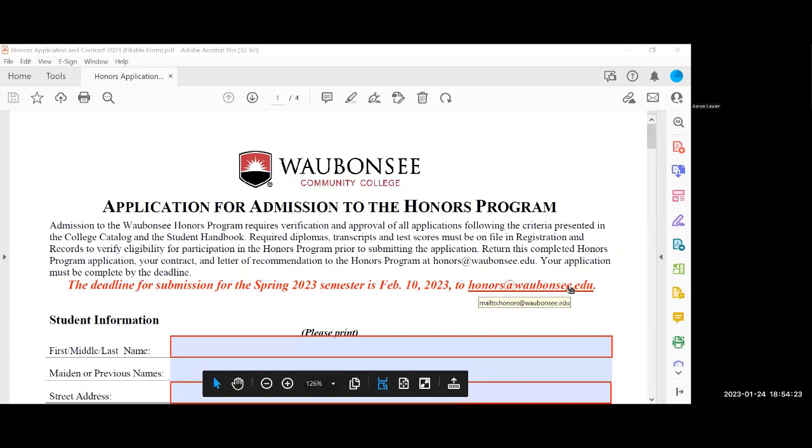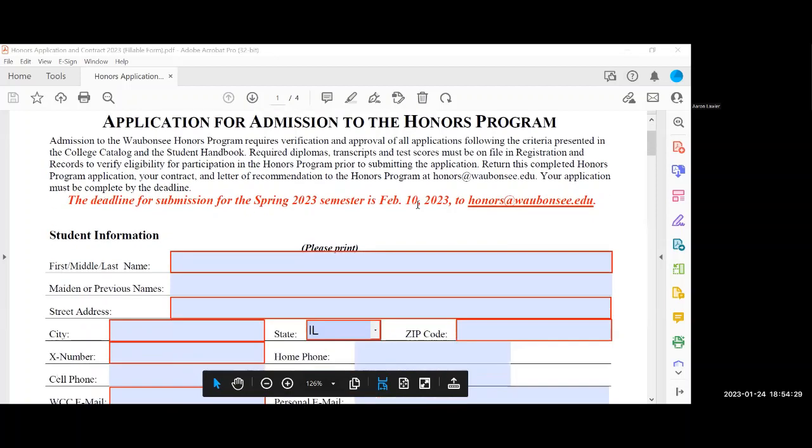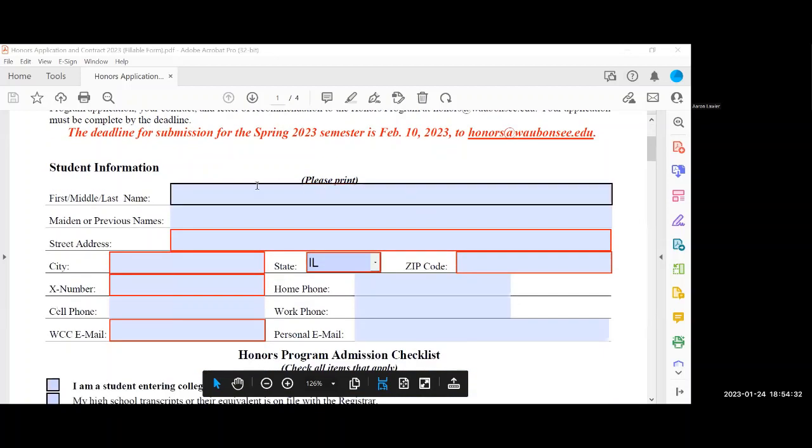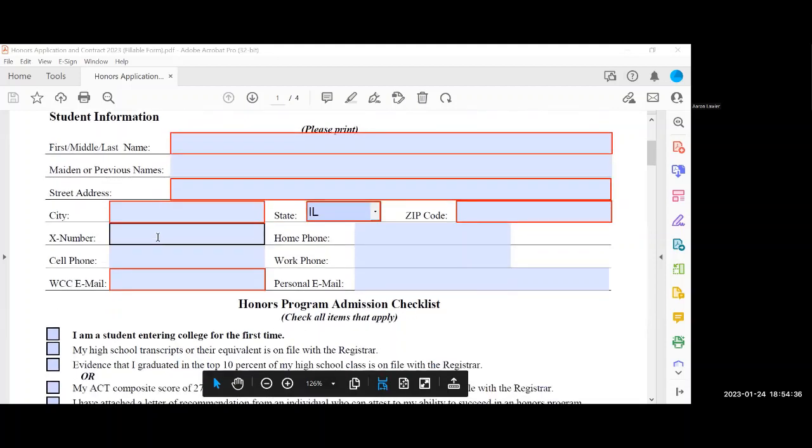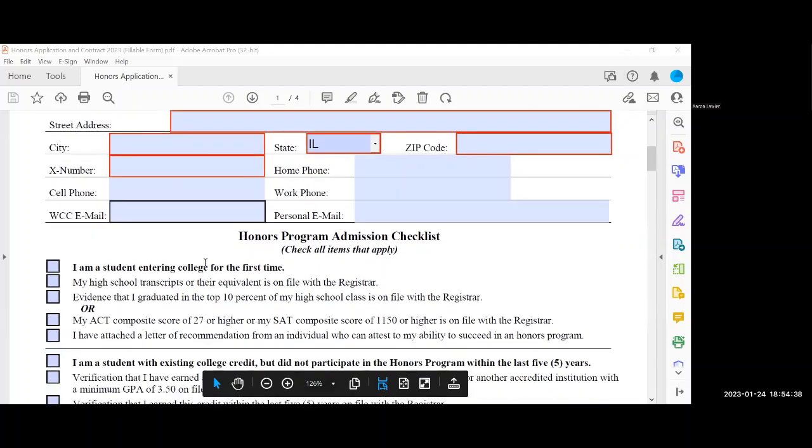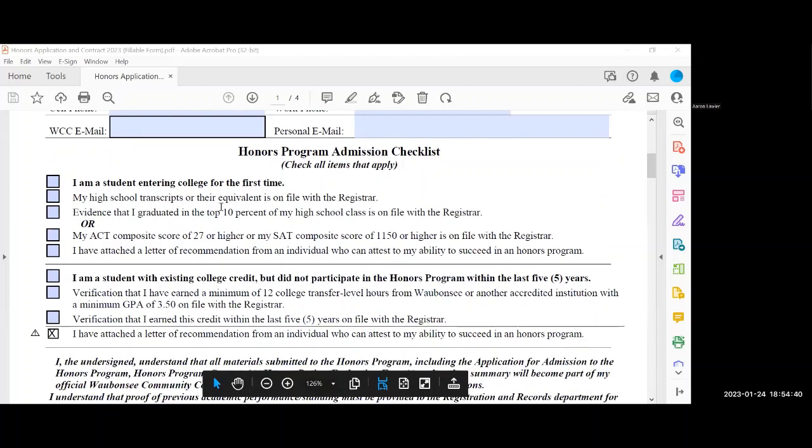The honors application and contract is easy to fill out. There are 4 pages, which I'll walk you through. The first page asks you to fill out your personal information, including your name, your address, fax number, and your email. On this same page, you have to tell us whether or not you are a brand new student to